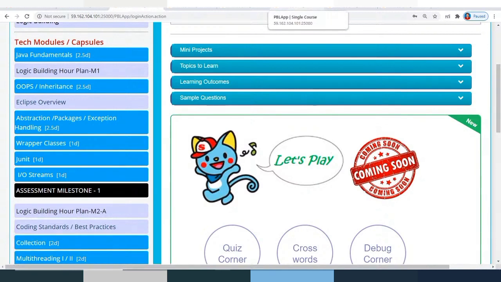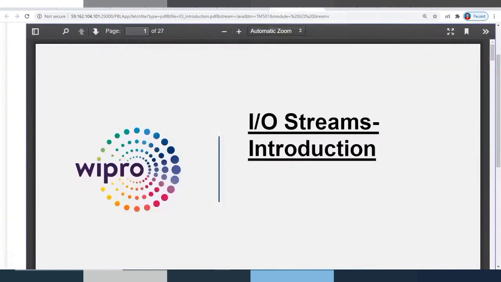Since from 10 onwards most of the colleges will be running this PBL app, it might get slow. That's the reason I'm opening these pages and keeping them ready for you. So this is the